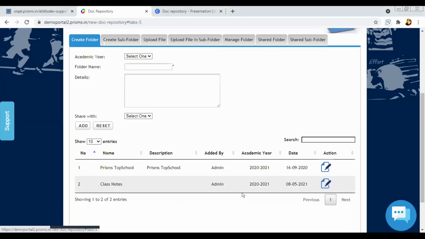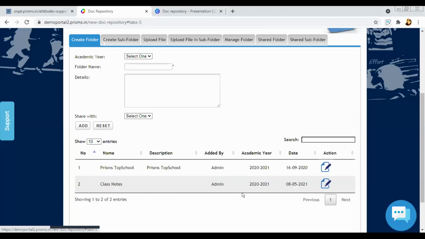Teachers, I think they can update, but the creating part is admin's. We'll check that teacher login. Yes, teacher login as well. So this is the admin part, sir. Yes. You can give teachers access to this module, and they can do it. Okay. Thank you, sir.